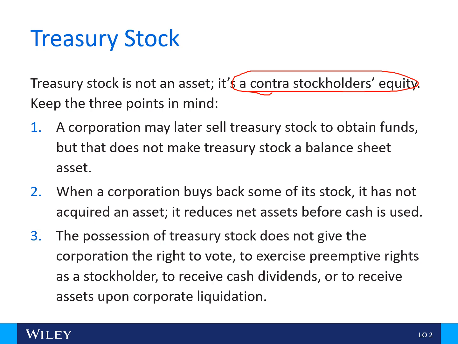But one of the things that you need to understand is that when these treasury stocks are acquired, these shares are no longer considered to be outstanding stock. Okay, so therefore, these treasury stocks that are bought back by a corporation, they do not receive dividends. They are not entitled to vote, and so forth. Okay, so they basically lose some of the rights that a normal outstanding common stock would receive.